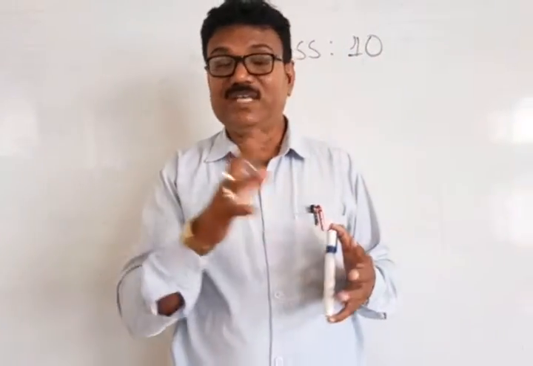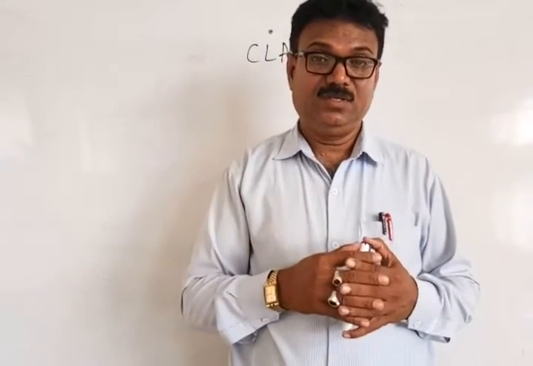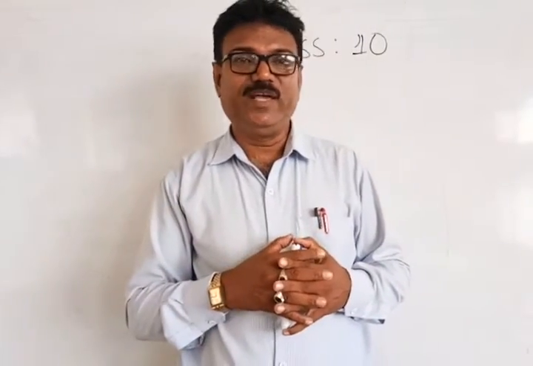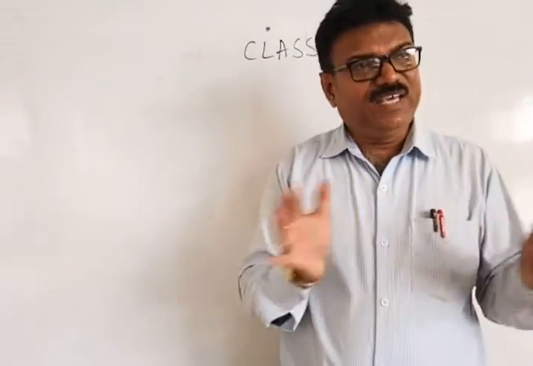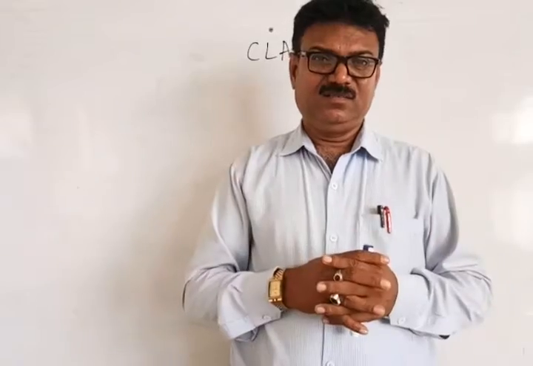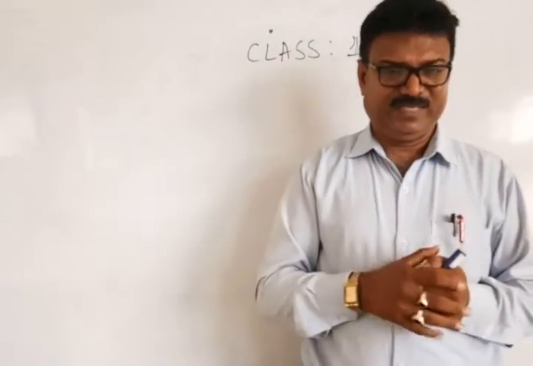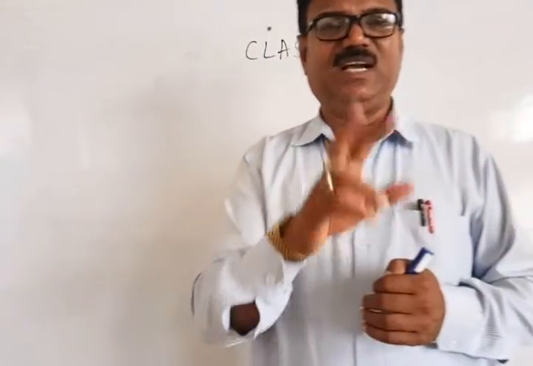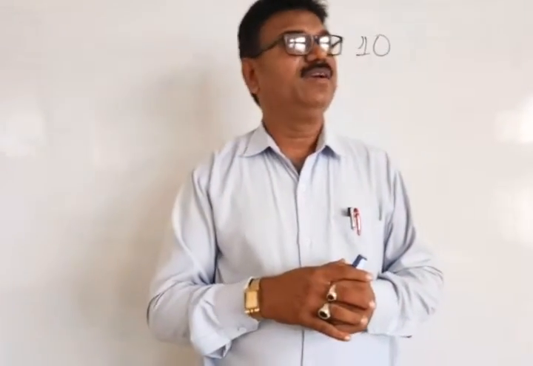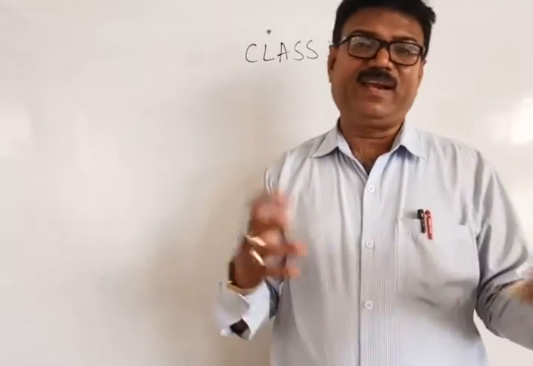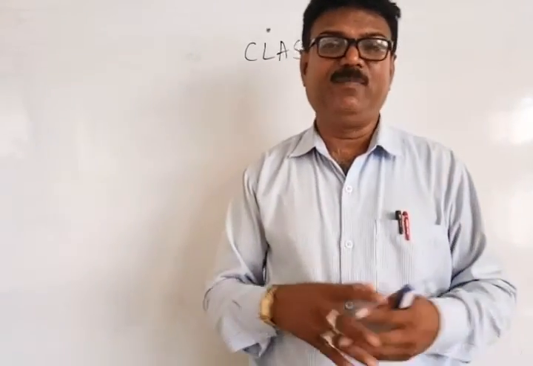How will the evening be? When sunset is going to happen within minutes. Correct or not? Within minutes, the sun is going to set. Right? At the same time, if you see the weather outside now, it is cloudy. Cloudy means, what is that meaning? Cloudy means there are two chances. What are the two chances? Some people may say the weather is cloudy, it may rain. Some people will say even though it is cloudy, it may not rain.